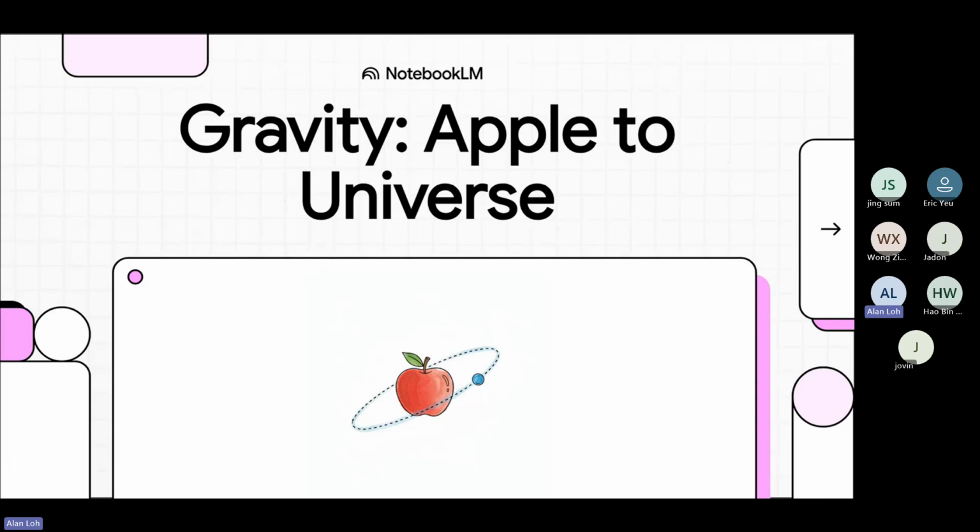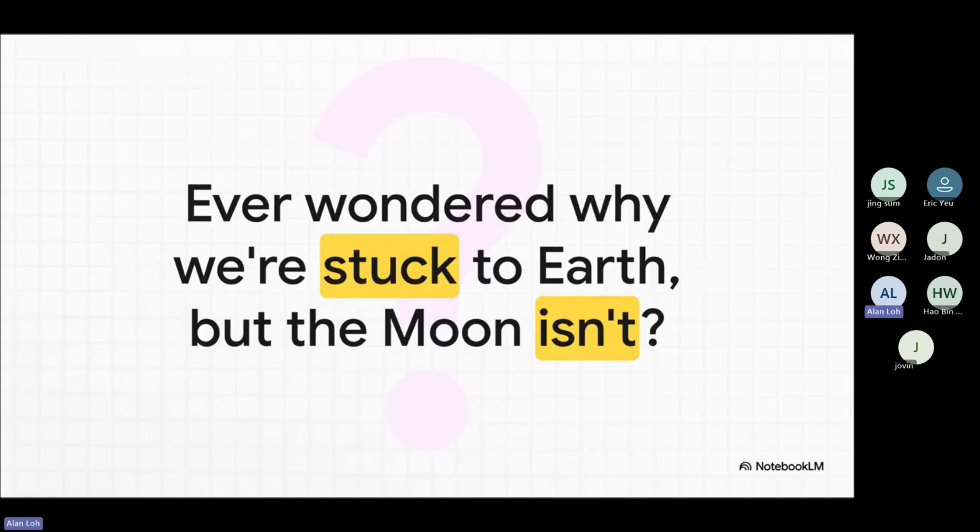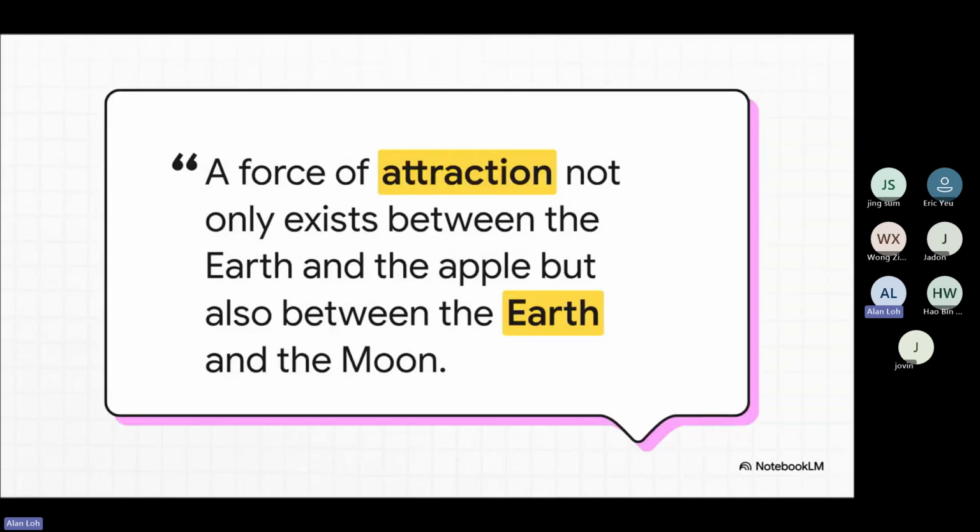Let's talk about gravity. It's this invisible force that dictates pretty much everything, from a single apple falling from a tree to the grand dance of entire galaxies. Today, we're going to break down gravity, the true architect of our universe. So, let's kick things off with a puzzle that people have thought about for, well, forever. Why does an apple fall straight to the ground, but the moon just kind of hangs up there in the sky? It seems like they're playing by two totally different sets of rules, right? But as you're about to see, it's all the same game. And the person who cracked this cosmic code was, you guessed it, Isaac Newton.